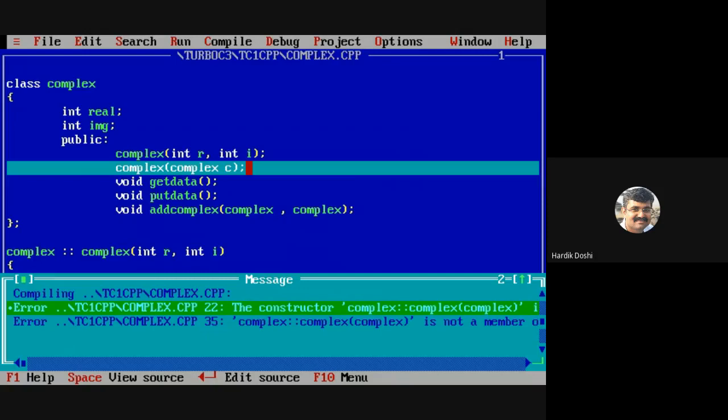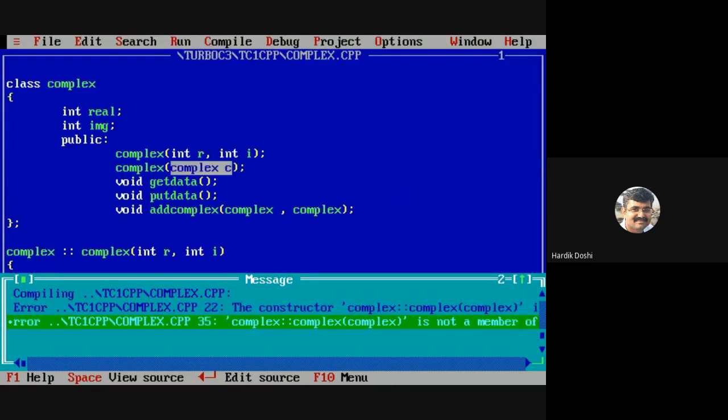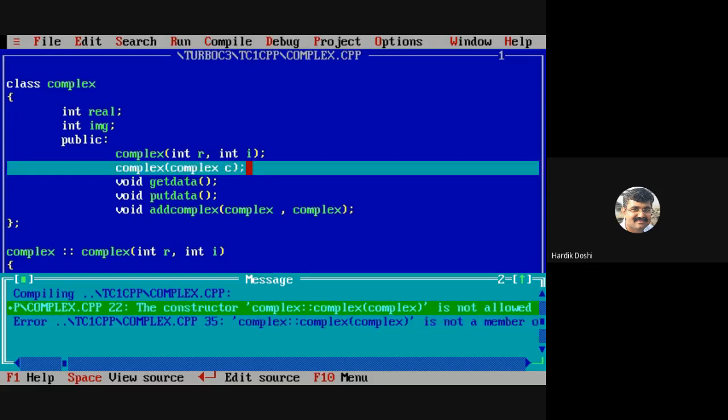What is the first error? Read the first error, and read the second error. They both are confusing, and actually you will not come to know what the actual problem is.